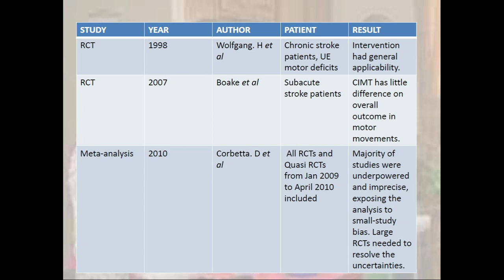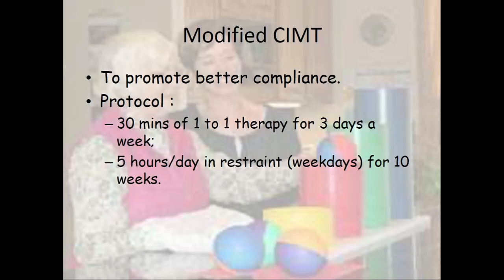If you go through the majority of the studies, when they took chronic stroke, where the affected extremity is more affected, then the results are not so good. When the affected extremity is a hemiparesis type, the results are very good. And some of the studies found that outcomes are still limited in general applicability. So to overcome this, they found the modified protocol.